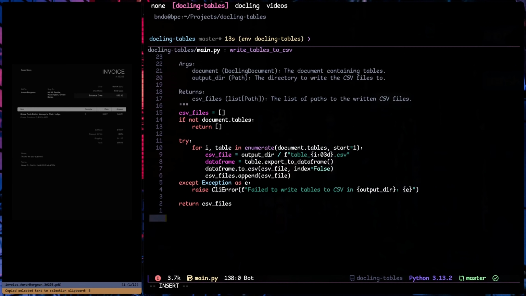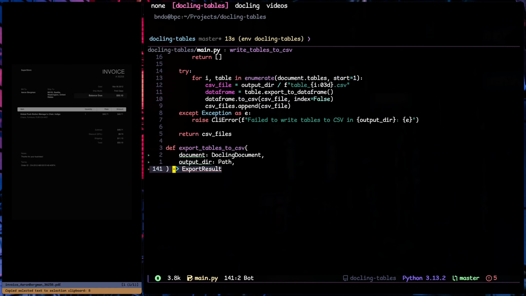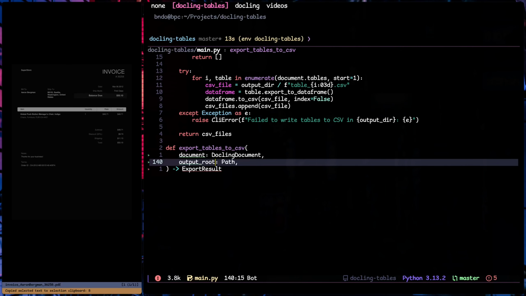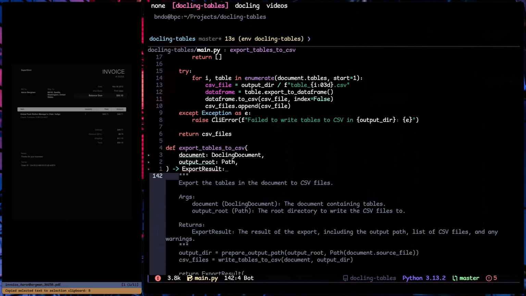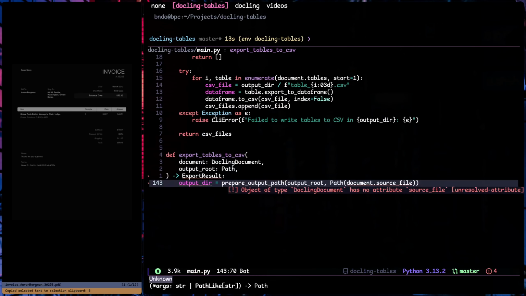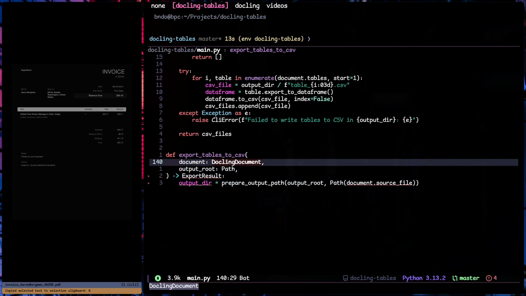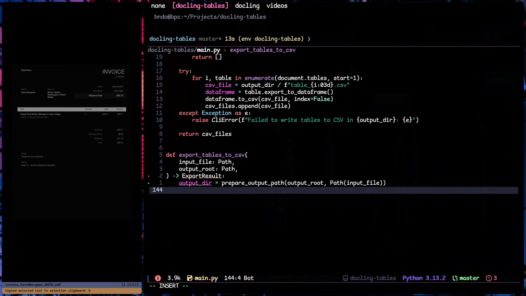Now let's define the export tables to the CSV function, which takes the document and the output and returns an export result. And now we can create our output directory like this one, and this actually takes an input file, this, and now